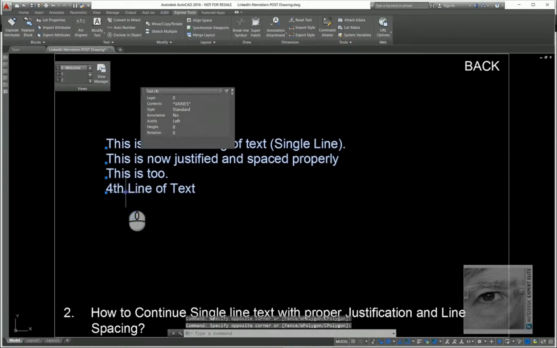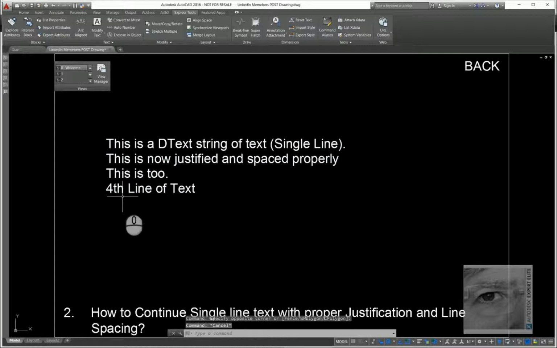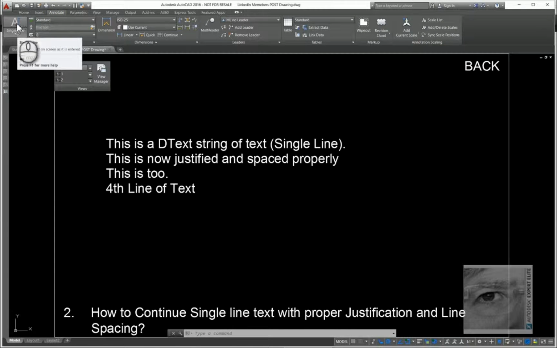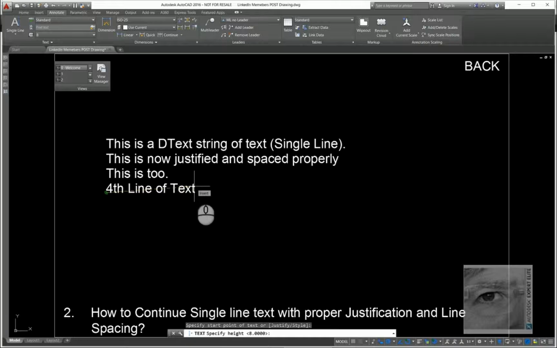I have a bunch of text lines, and the first thing I'm going to do is create a d-text, a single line text, clicking on the insertion point of one existing, opting by using the same parameters, for a space bar pressing once and an enter to go to the right place, right here, the 5th line,